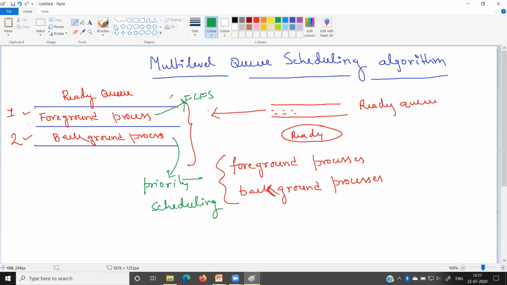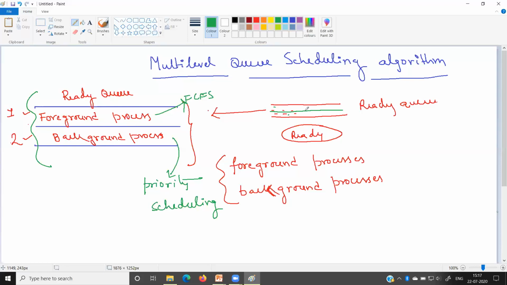So here you can see it is on the same ready queue, so don't create a confusion. This entire thing is the queue associated with the ready state, and it is divided into two sub queues. The first one is used to store the foreground processes and the second one is used to store the background processes. Previously only one scheduling algorithm was applied over here, but in this case we will apply two scheduling algorithms for two individual sub queues. So this is the advantage of the